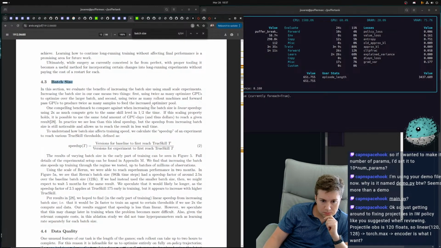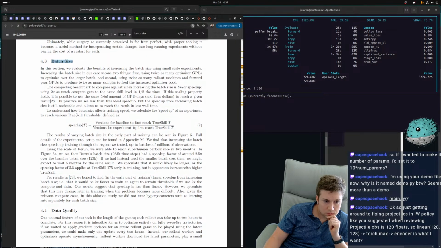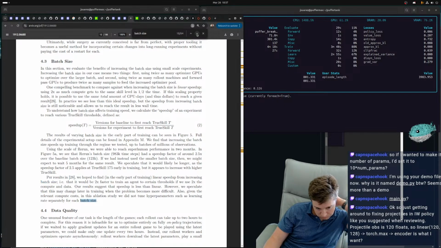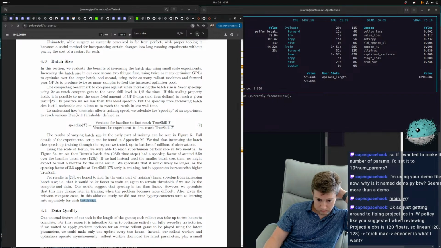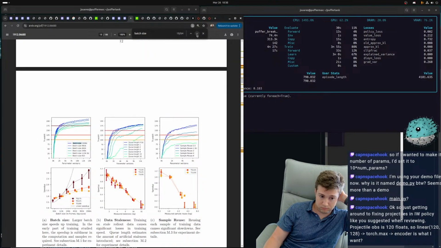So this is hardware scaling. When they say really big batch size is essential, oh wait, do they have something on learning rate here?